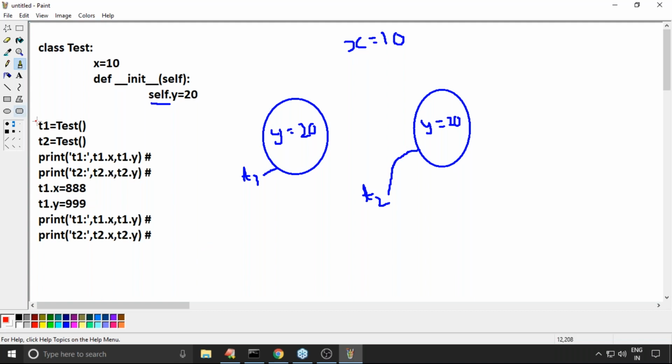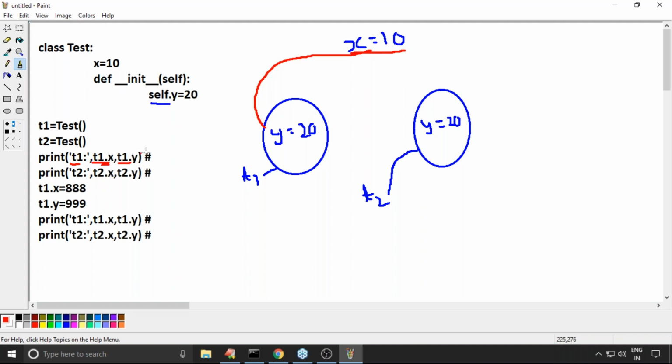Now print t1.x, t1.y. Do you know we can access a static variable by using an object reference? No problem at all, I told you right. A static variable you can access by using an object reference. First priority goes to the instance variable. If the instance variable is not there, we get the static variable.